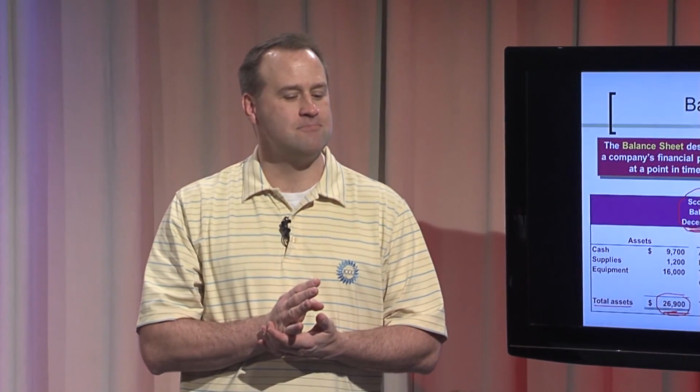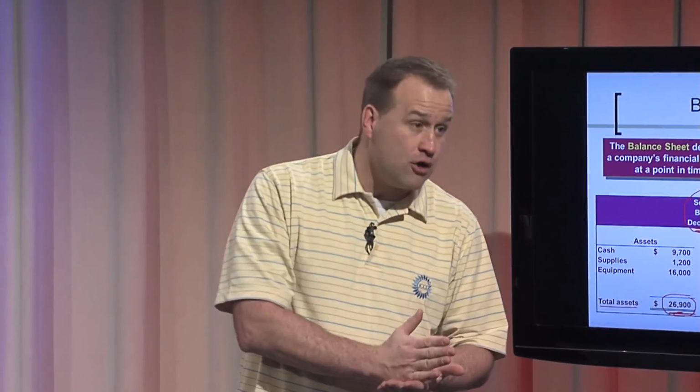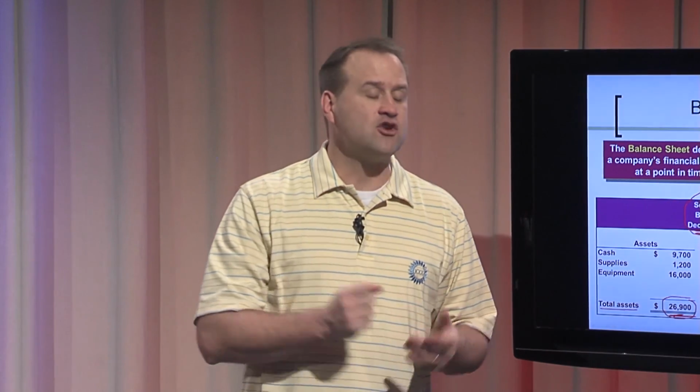Same way with the liability. Anybody here have a car loan? Okay. If you called up and said, how much do I owe on my car loan? And they would say, as of right now, you owe $8,400.44, right? I wish. Yeah, you wish? I wish too. I just bought a new car. But it's not for the month ended or for the year ended. No. Right now you owe that, correct? So a balance sheet is like a snapshot in time.